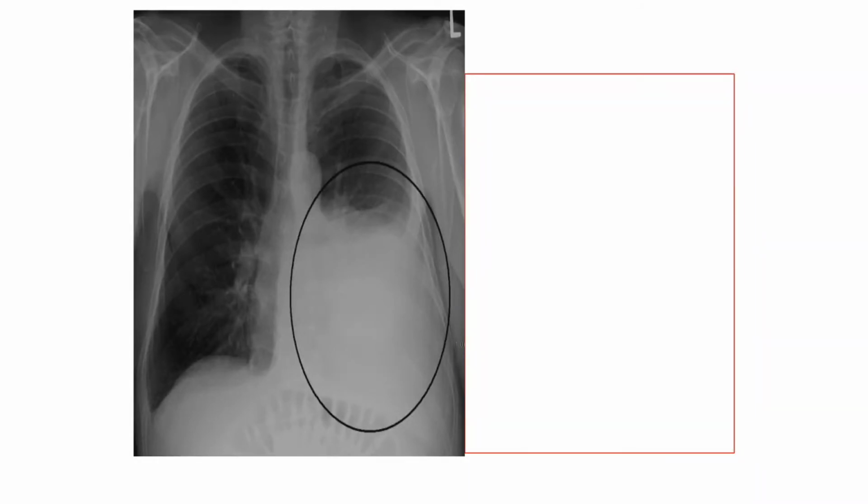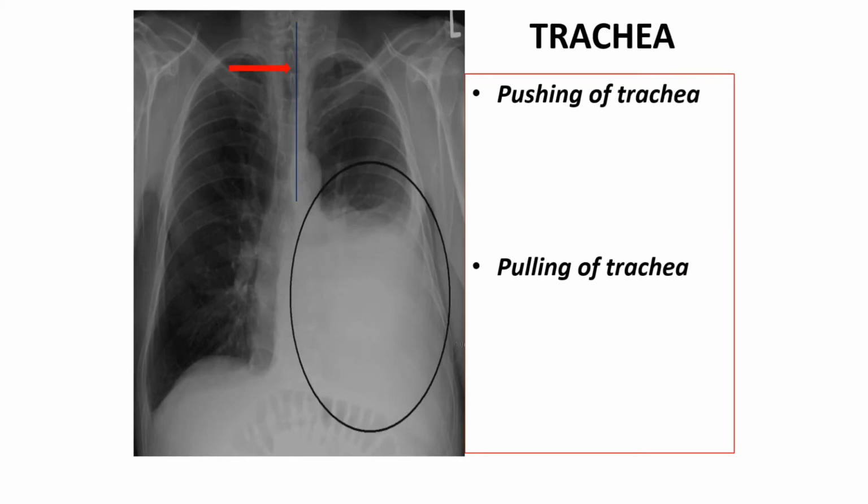In this X-ray you can see the costophrenic angle is obliterated, as well as the left lower lung field is opaque, and if we think about the trachea, it is slightly pushed. So guys, on the basis of the trachea we will discuss the pathology here. If the pushing of the trachea is there, due to this picture there may be some large pleural effusion or there may be some pneumothorax if there are air shadows.